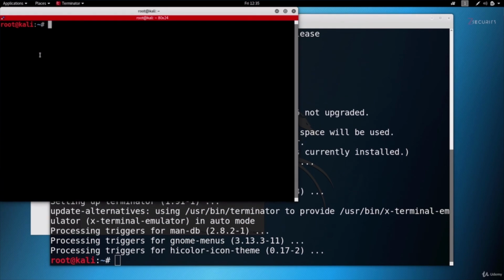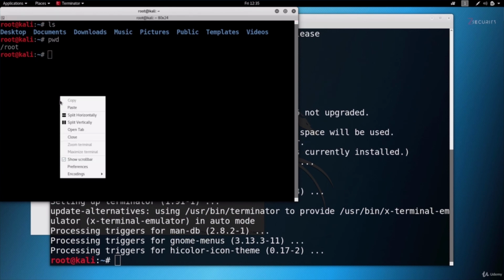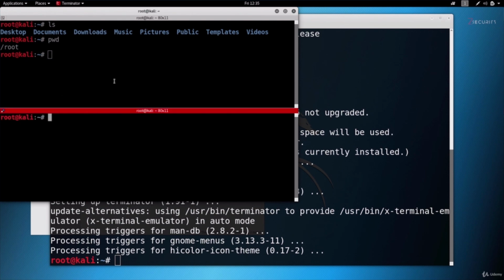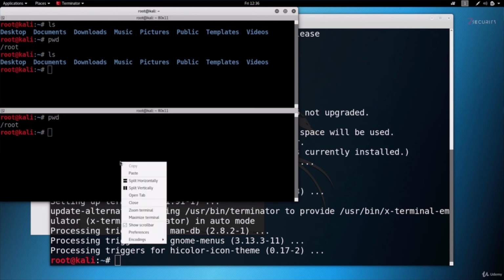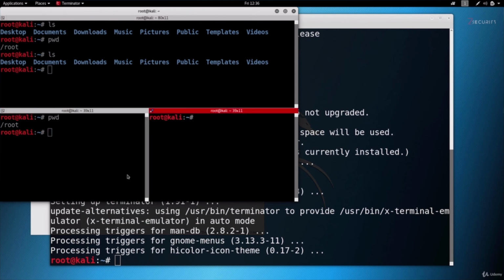So again, I can do ls and pwd. The only difference is with this one, I can actually right click and click on split horizontally, for example. And this will split the same screen into two screens where I can run commands at the same time. So I can have some commands in here and I can run commands in here. And then I can even split this more if I want, again, vertically or horizontally. And as you can see, I can have as many terminal windows as I want. And this will be very helpful in the future when